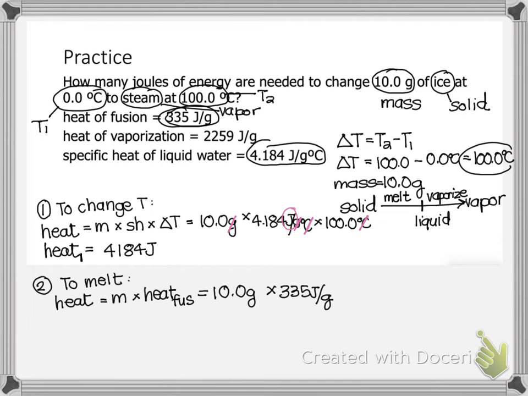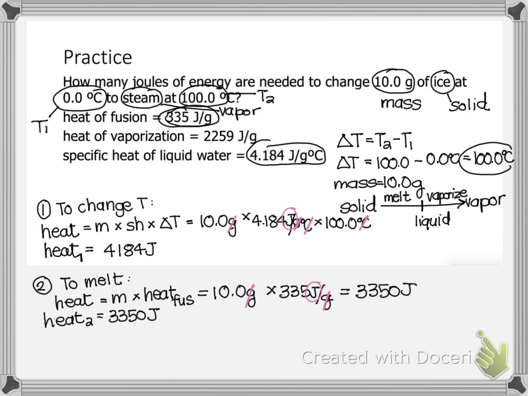Again, if you're thinking about canceling units, this gram cancels with that one, and I am left with joules, which makes sense for heat. So this equals 3350 joules. So my second heat is